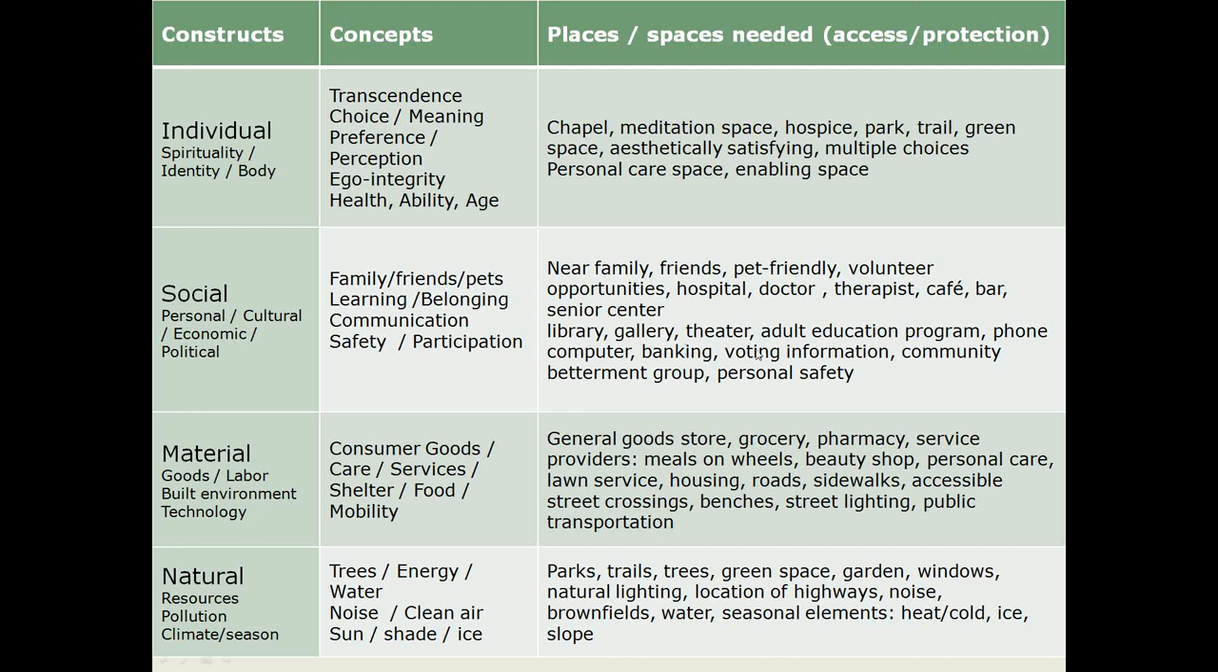So places and spaces needed for social, they might be near family or friends, or pet-friendly, or someplace to volunteer, or a third place, a cafe, a bar, a library, a gallery, education, and all of those kinds of things that help us economically be involved, the phone, the computer, the community betterment group, and so forth. I think it's pretty clear. I think we don't have a problem understanding